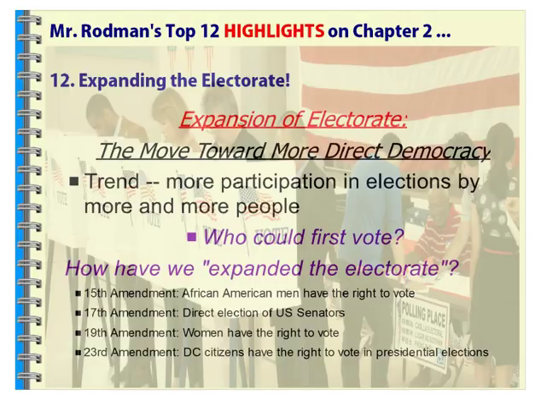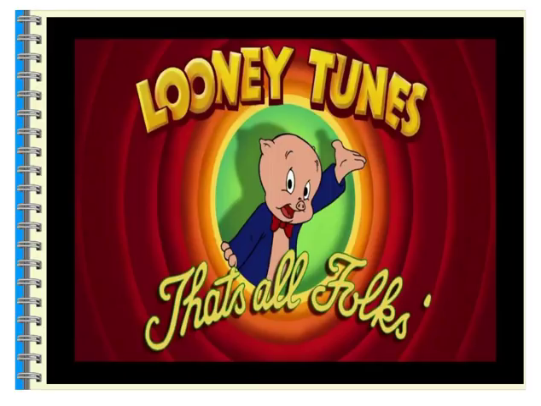And we see this from the 15th Amendment, where African American men have the right to vote. The 17th Amendment, where now you can elect your state senators. The 19th Amendment, where women now have the right to vote. And the 23rd, where D.C. gets the right to vote in a presidential election. All of these are expanding the electorate to a larger voting public than ever. But we can't make them vote. It's not compulsory. It's not a requirement.